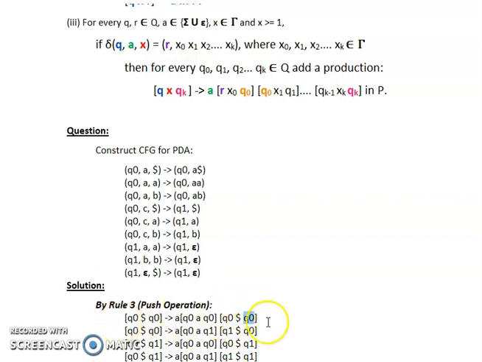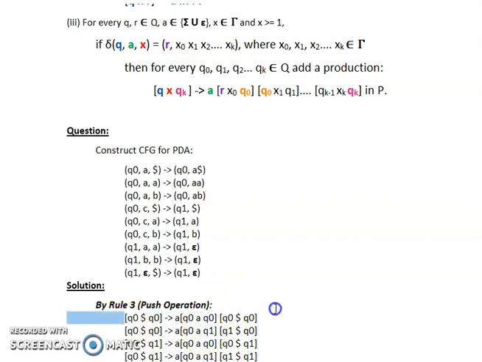Now, as you can see, it is similar to the production rule provided according to step number 3. Now, one thing has to be noted. This Q0 has to be the same as Q0. Now the two possible combinations which we are going to have is either we can have a Q0 or we can have Q1, because there are only two states in our pushdown automata. So first of all, we are taking Q0. In the second step, we will take it as Q1.